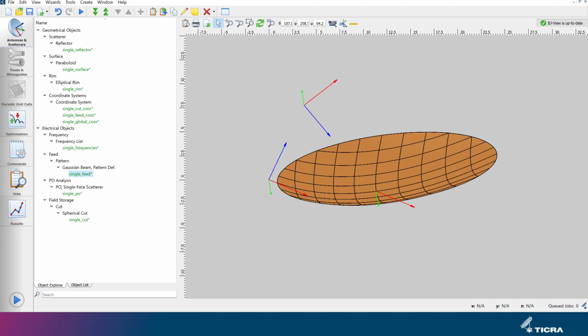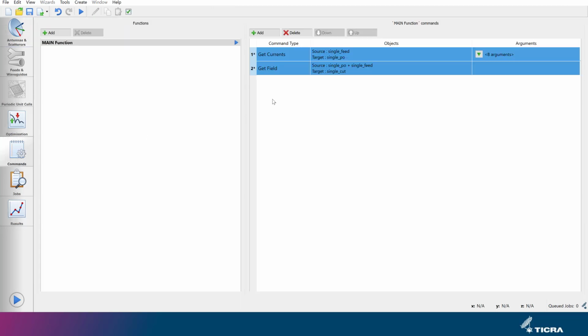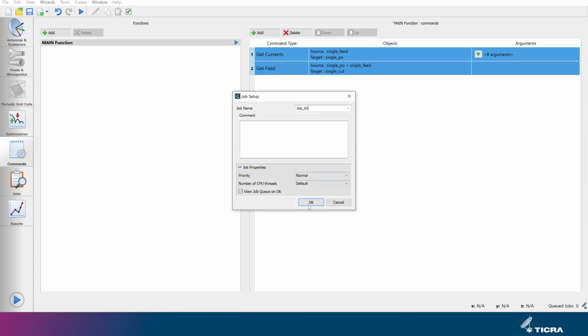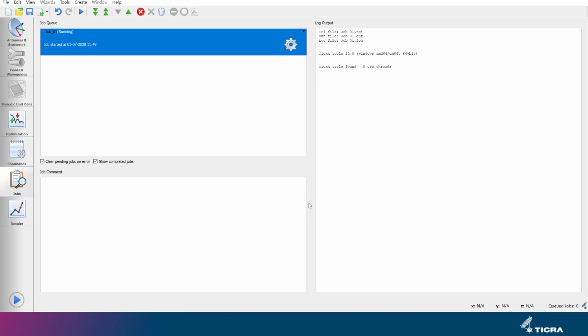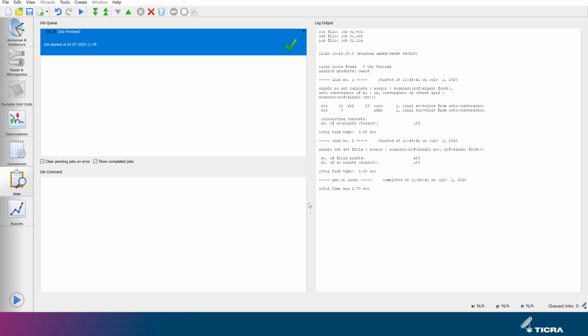If we go to the Commands tab, you can see that the wizard has also generated the commands necessary to perform a physical optics analysis of the antenna, and we can simply click the play button to run. Before the simulation runs, we need to save the project under a name of your choice. The analysis is completed in a split second,